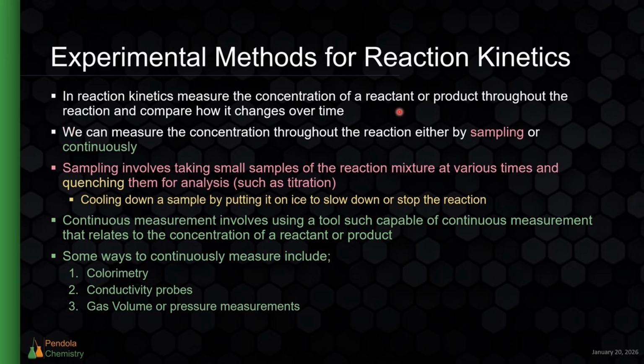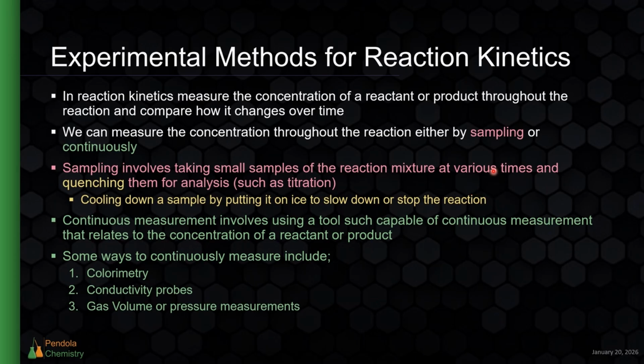A sampling method essentially involves taking a small sample of the reaction mixture at various points in time and then quenching them for the analysis. Now, that analysis can vary. Usually we'll use titration for concentrations, something that you should be familiar with by now. We have done 2 different titration labs. And the term quenching essentially means cooling down a sample by putting it on ice to slow down or